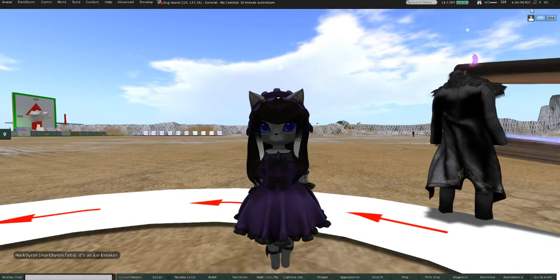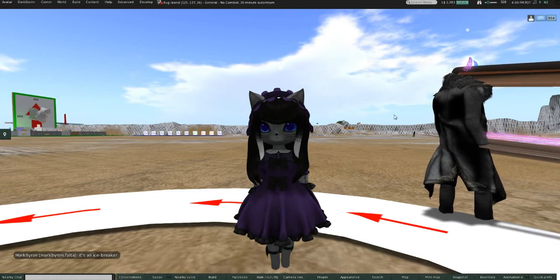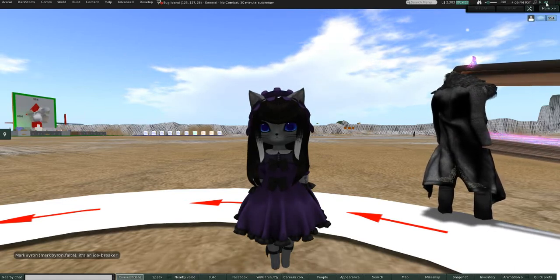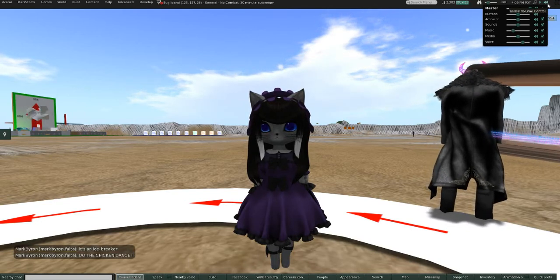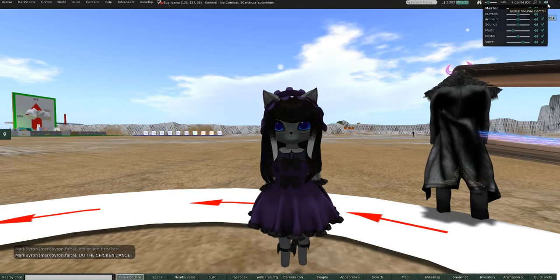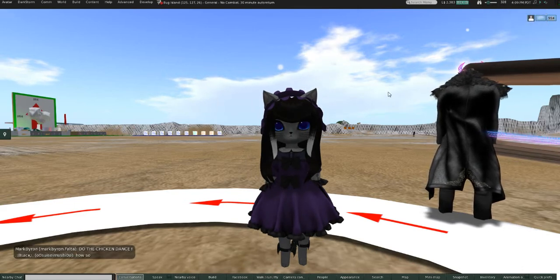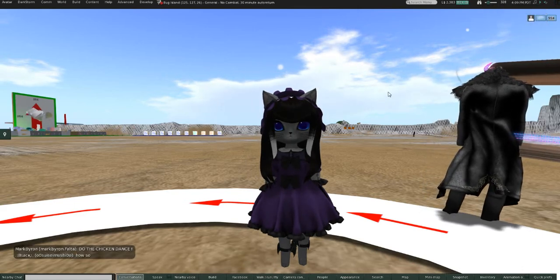hang on, I'm in a sandbox for this because I don't have any bento heads and stuff, so I found somebody with it. So let me just mute this real quick and try to do this as quickly as I can to get out of here. It's dangerous people in Bug Island. Okay, so like I was saying,